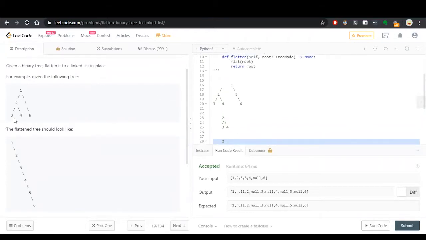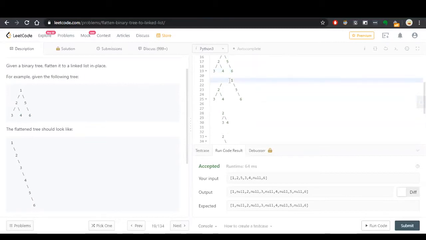So this was our tree initially. This is our left, this is the right subtree 1, 5, 6. What we have to do is, in this space, we have to append this subtree somehow, and this subtree is represented like this one.